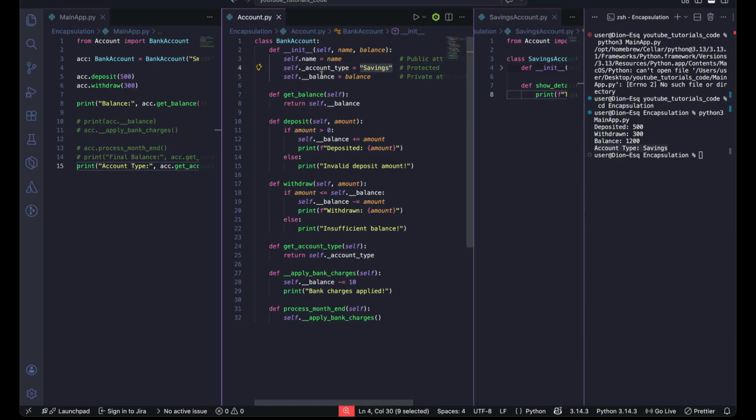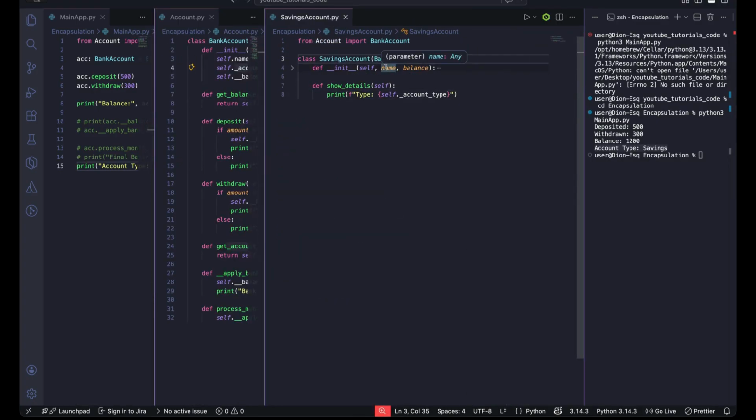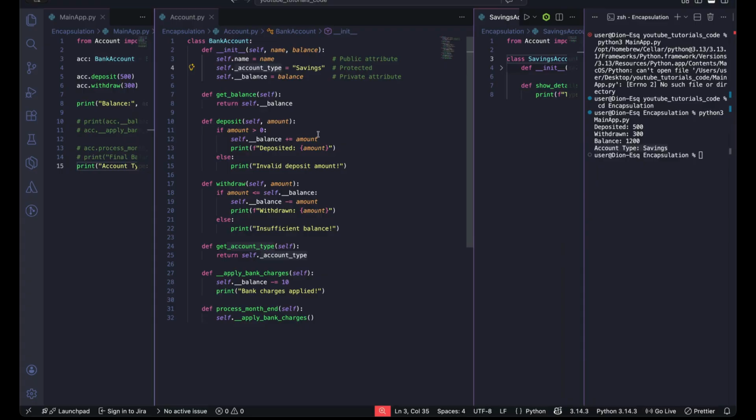So accessing account type through the savings account subclass is the intended way to use protected members, right? They are designed to be used within the class and its child classes, not from the external modules like